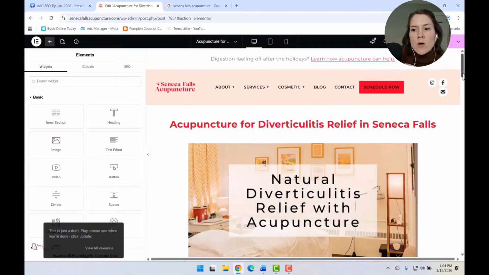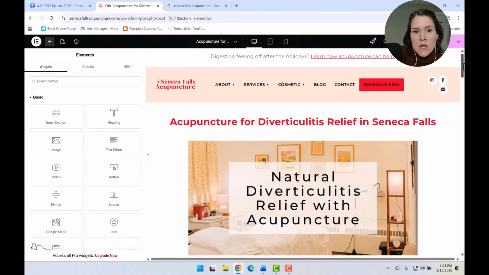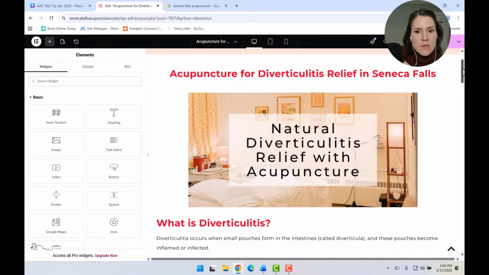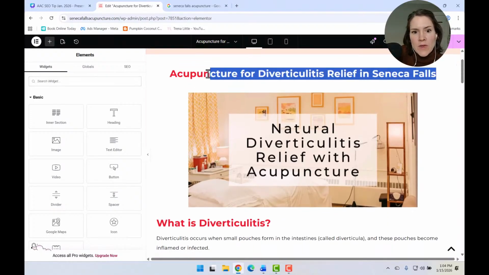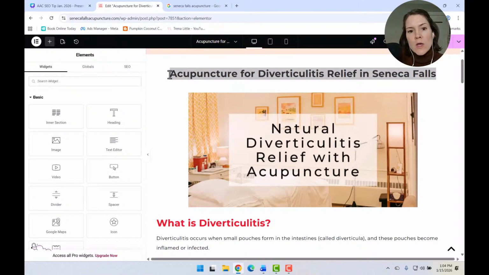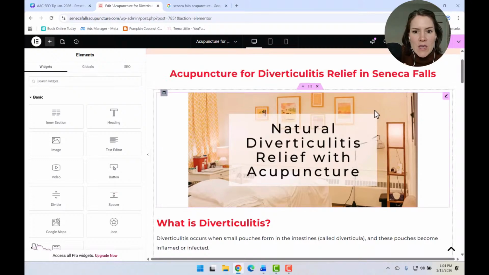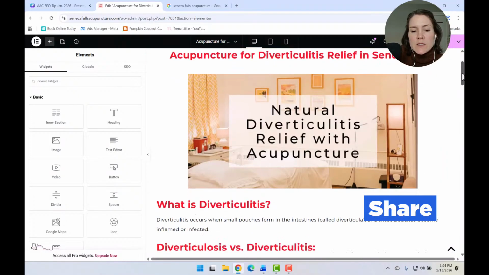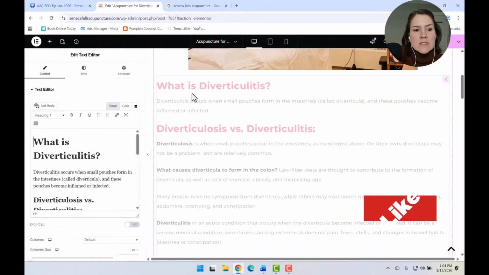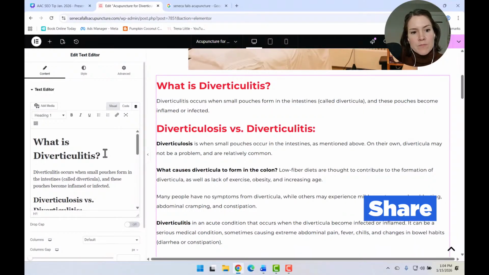So I also mentioned adding your location to H1 headings on your symptom and conditions pages. So this is the page, and this here at the top, if you recall, is my SEO title. This is the title of the page. So if I scroll down, I've got all of this text that can be edited.